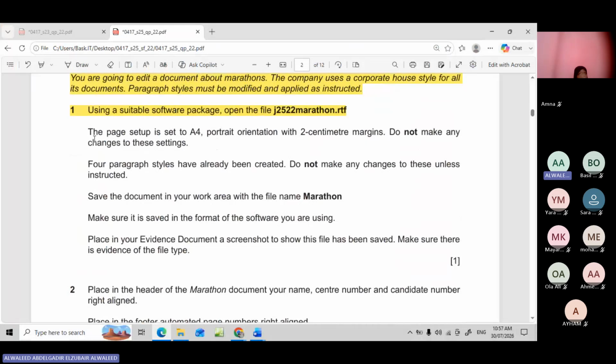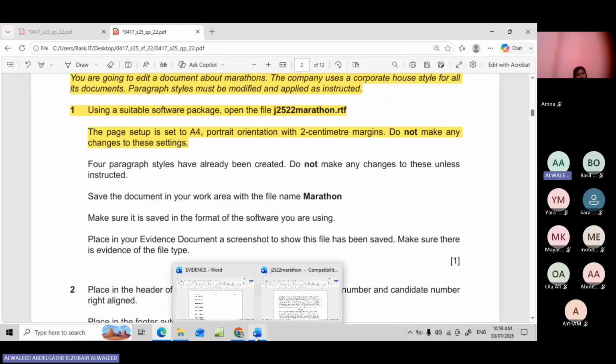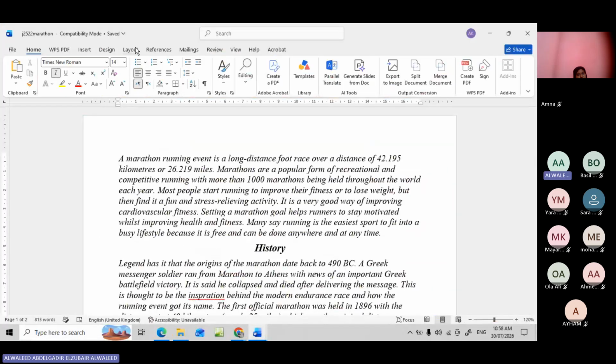They instruct you that the page setup is set to A4. This is the size of the page, and the orientation is set to portrait. Margins are set to be 2 centimeters, and you are instructed not to change these settings. Let us just check them. We are not going to edit the settings of the page layout, but let us just take a look into this. From the layout,